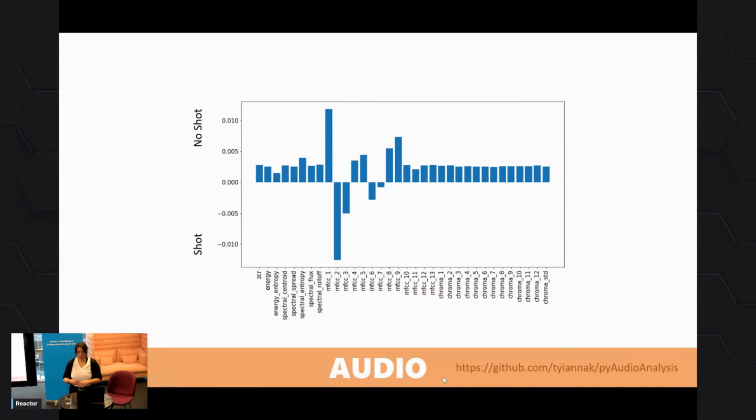In Python, there was a library that could extract the maximum pitch and these kinds of things. There was an absolute difference between the shots and not shots in our case. In fact, with an audio model, we were able to reach around 85% accuracy, with our accuracy measurement I should say, based on audio.